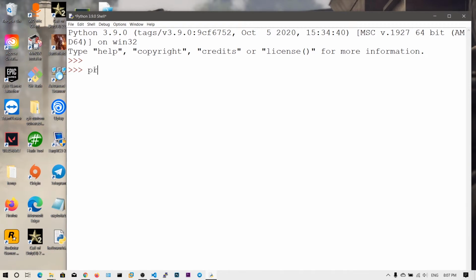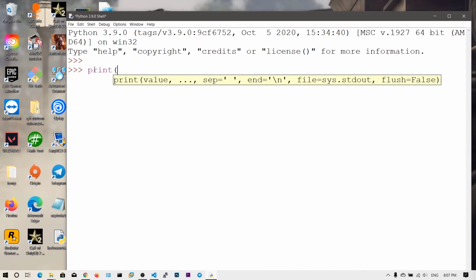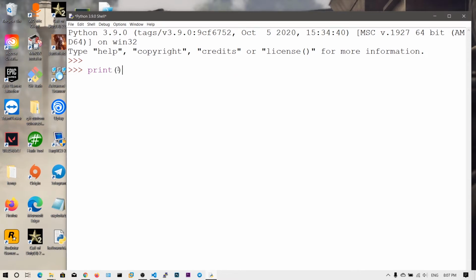So I want to say print. This print takes the string as an input argument, and then it will display it on our screen. If you are coming from other programming languages like C, that is printf, and here it is only print, and you need to give the quotation marks and say hello world. Now I am going to run this. You can simply hit enter to run this piece of Python code. As you can see, we have the hello world.